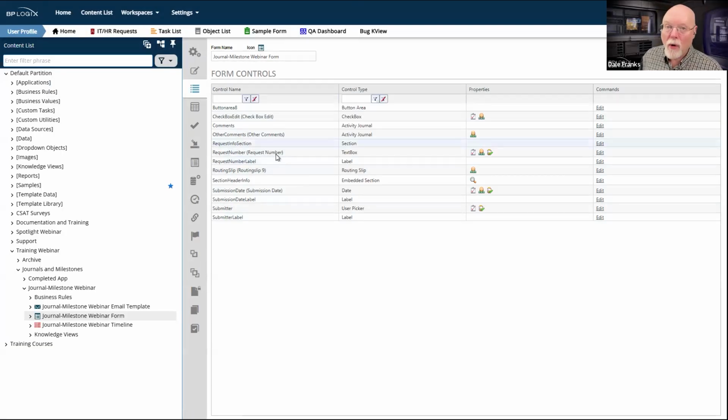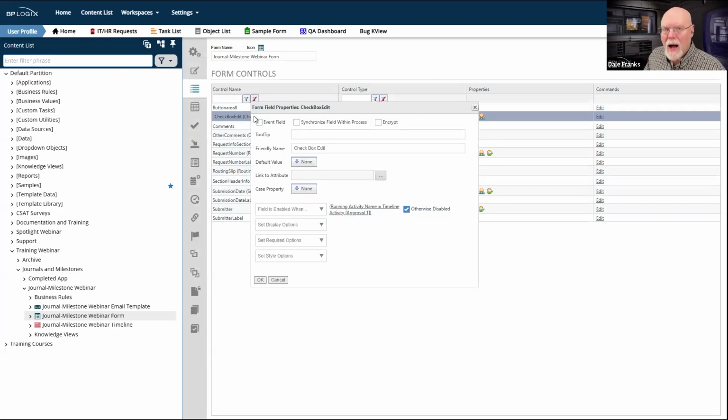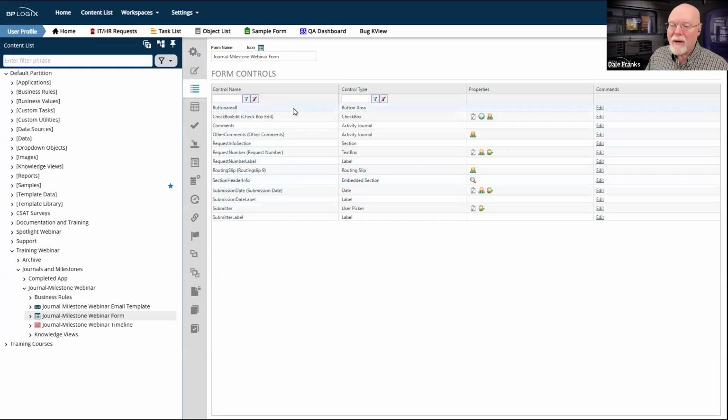And the rest of the form is presumably all going to be disabled. However, when I check this box, I want to make the form editable. So that means I need to make it an event field. So we now have this checkbox edit event. And I think that's all I need to do.